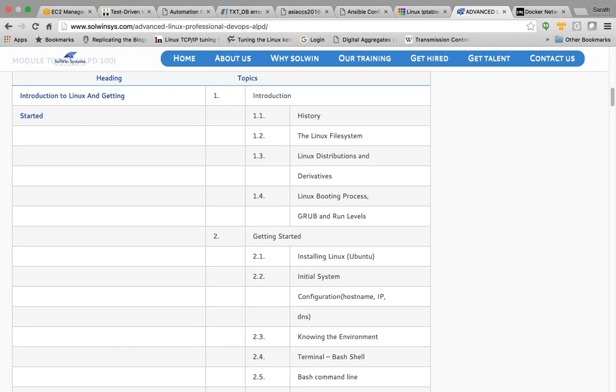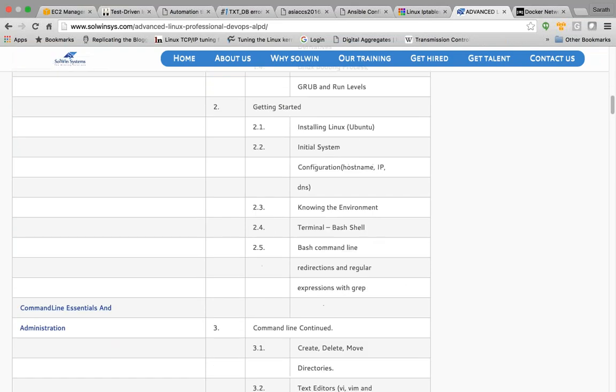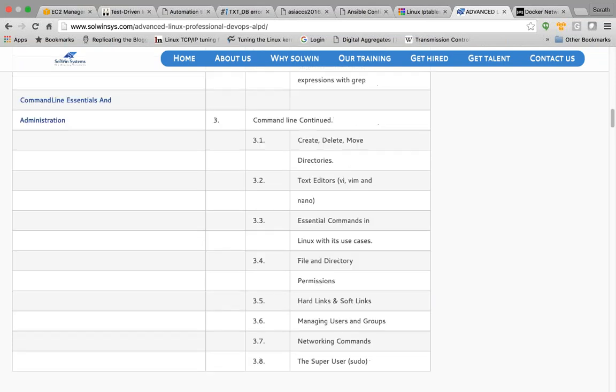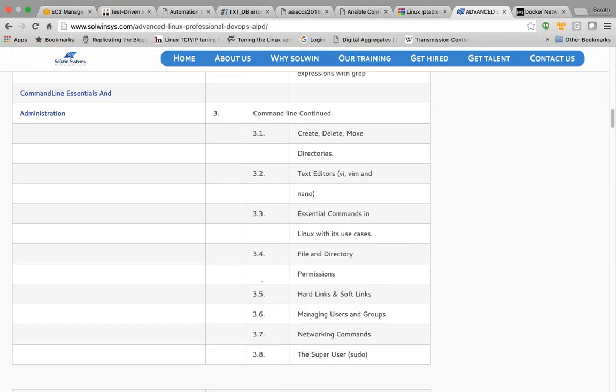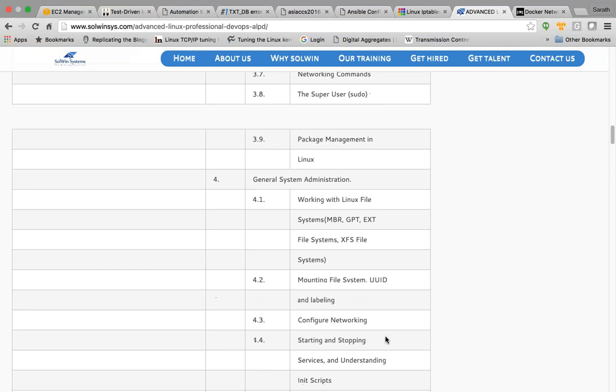Okay, we'll be starting with Linux and history, booting process, what is grep, installation of Linux, initial configuration, what is IP addressing, what is DNS, what is bash, bash command line executional day-to-day operations, regular expressions. Regular expressions, if you want to become a scripting ninja, then I would recommend learning regular expressions in bash in fine-grained detail. Then we'll learn about regular day-to-day system administration commands in Linux, which is pretty much detailed in this particular link.